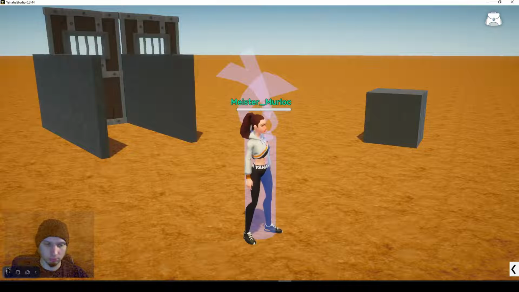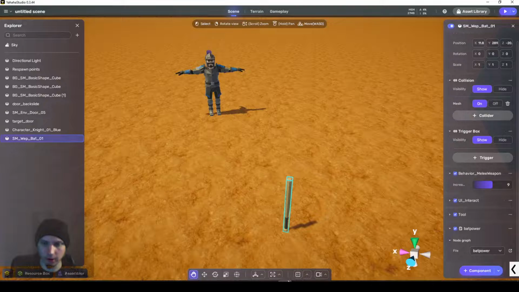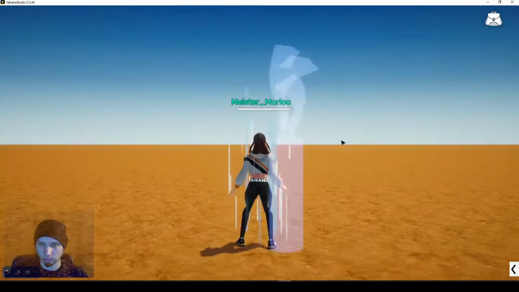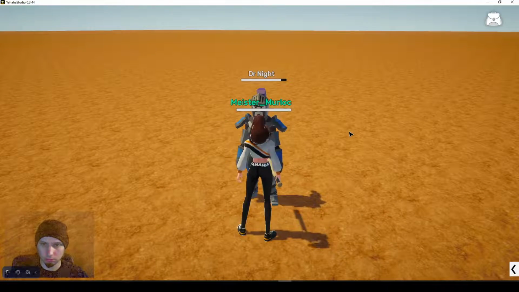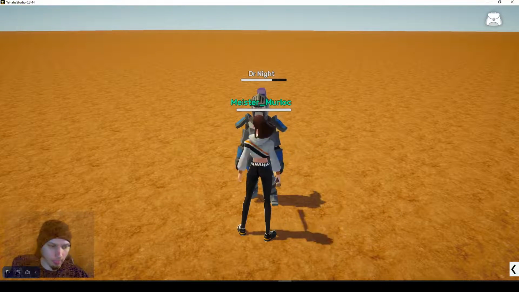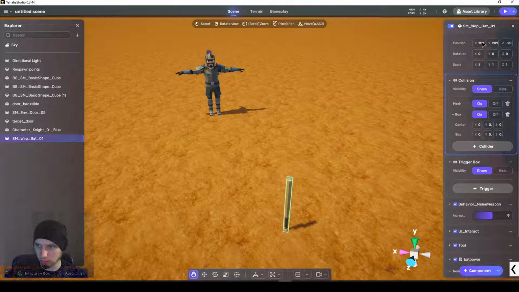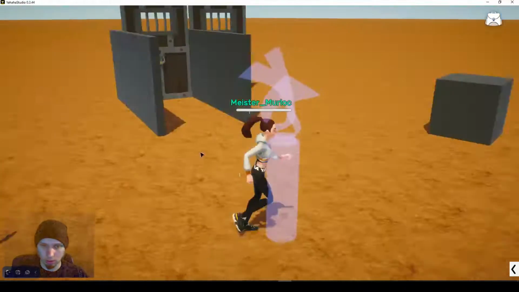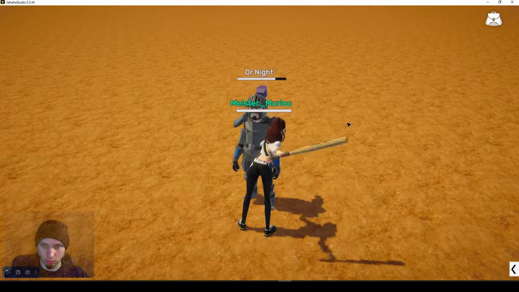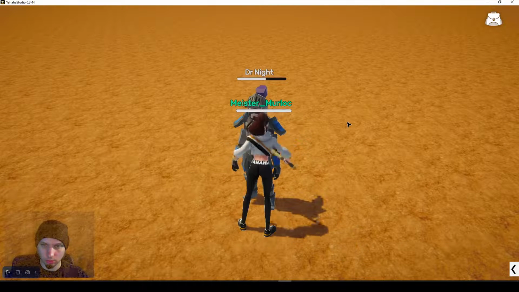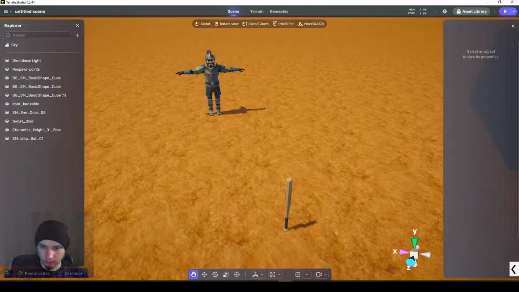Wait. I'm not sure if I did this, so I'm just going to do this again. Let's see. Okay, so the bat has a box collider now, which should be helpful. Or not. Okay. Let's see where we did,